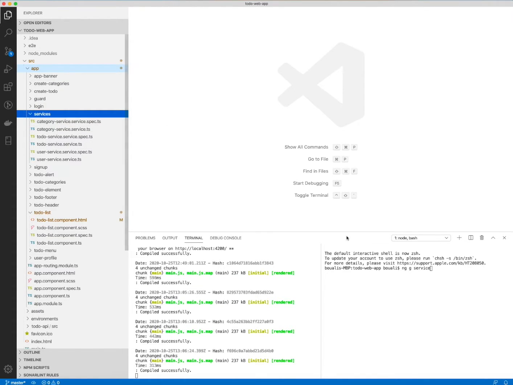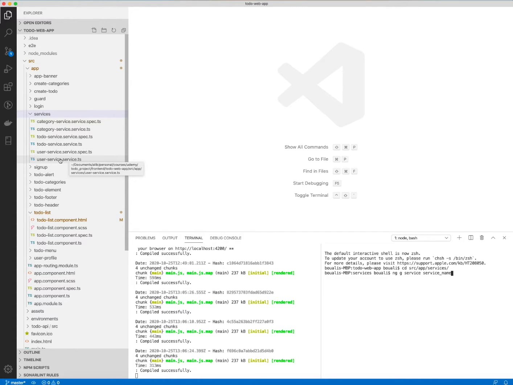you name it services, and then you just go, for example, here we are under web app. We go to the src app and services, and all you need to do is to run the command ng g service and service name, and then you hit enter to create a service, and automatically it will create two files, which is the service.ts and service.spec.ts.